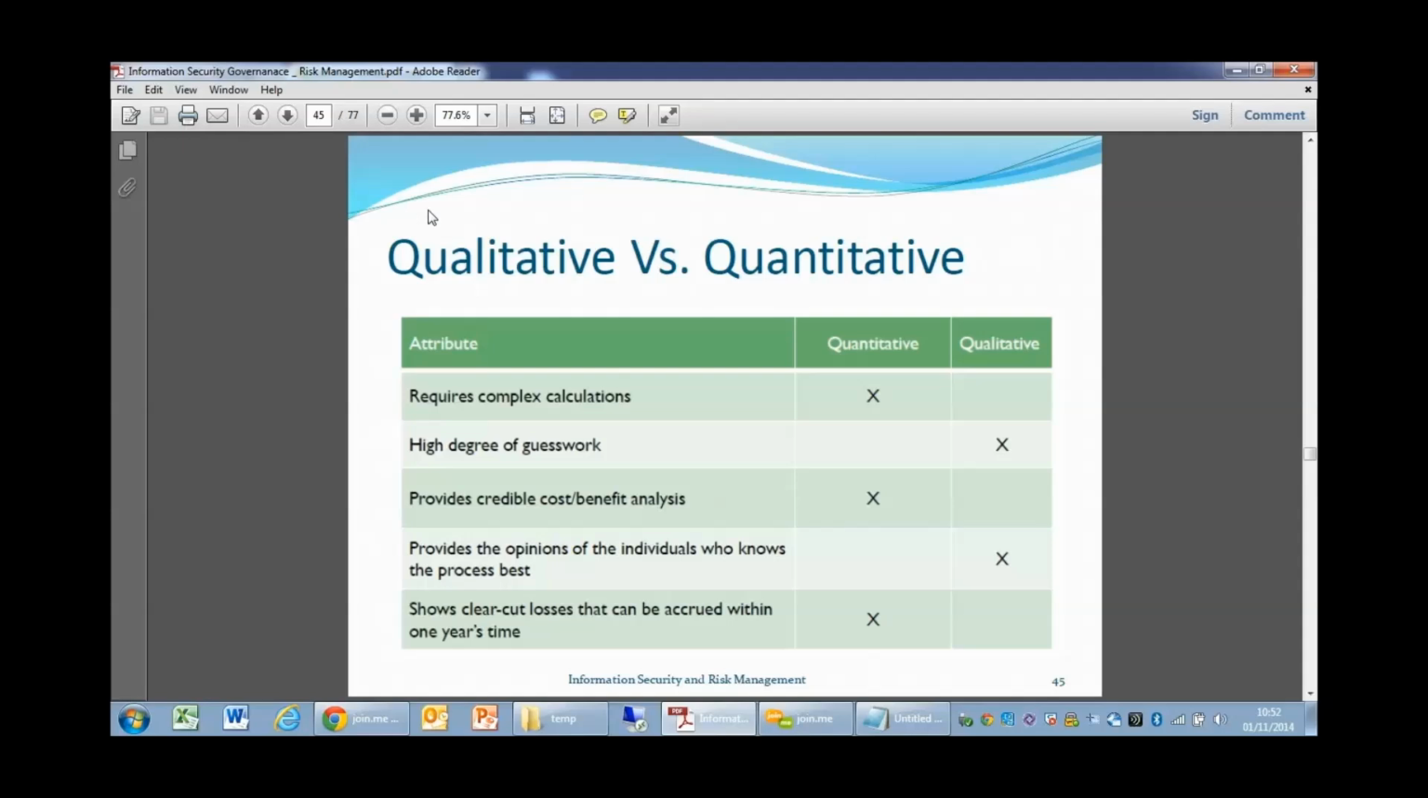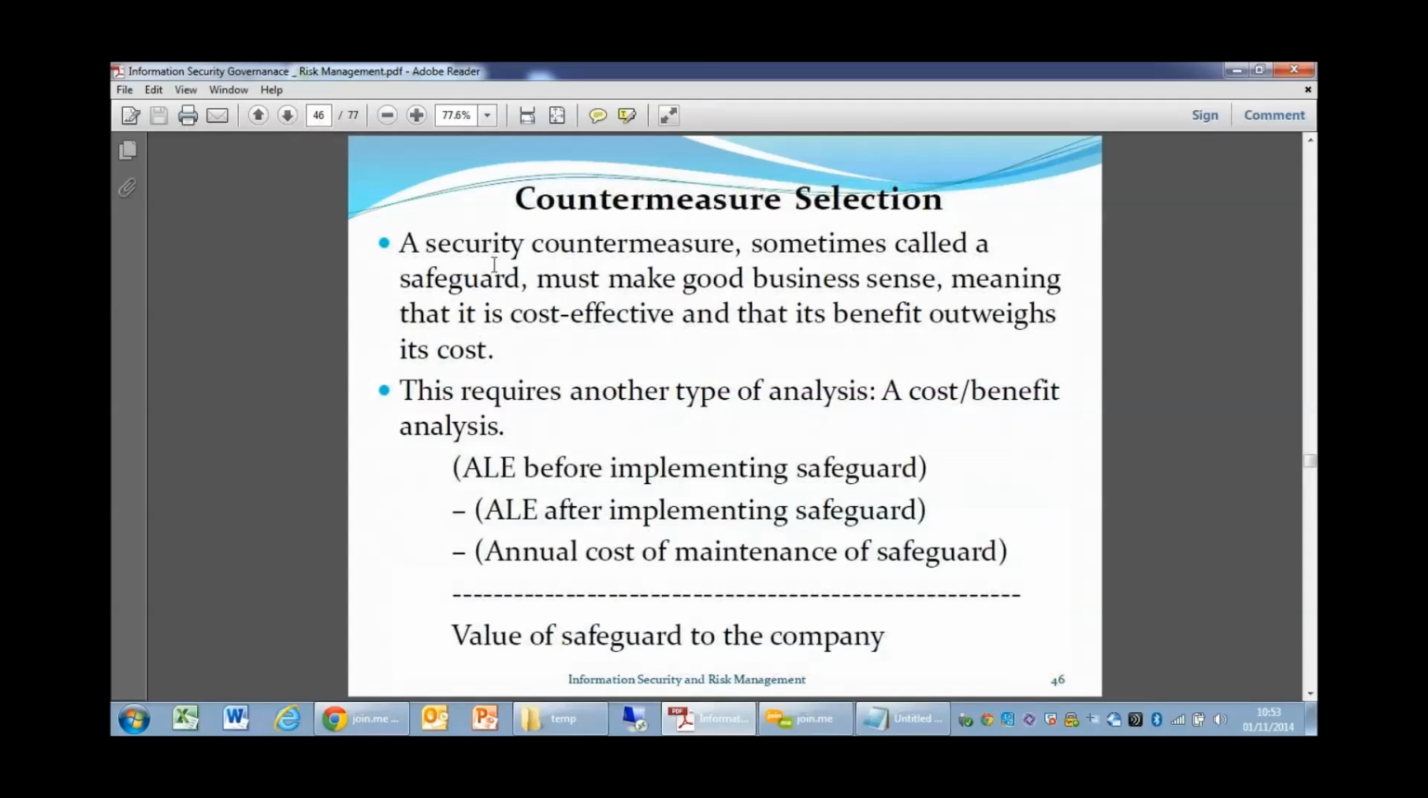Now this is a slide which summarizes qualitative versus quantitative. Quantitative requires complex calculations. This I will not get into. I mean, this is what we have discussed. I am sure this is a self-explanatory slide. Moving on to the next concept, which is countermeasure selection. Now here you have this particular